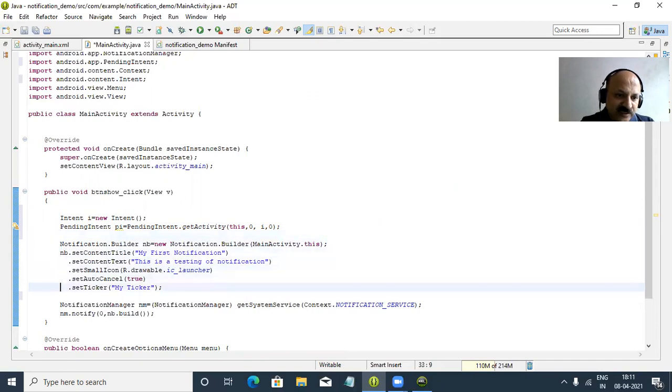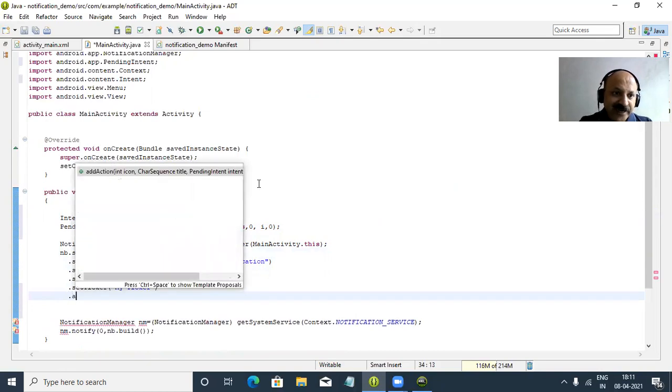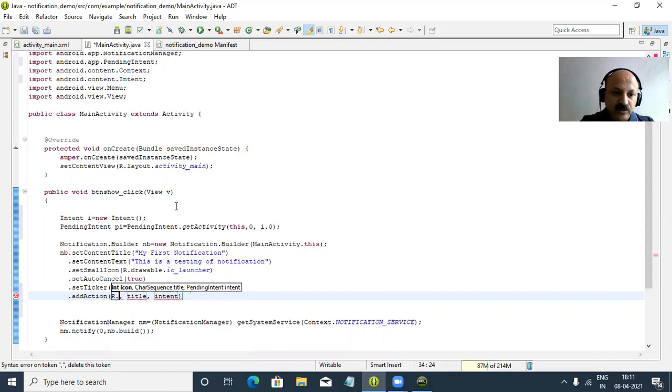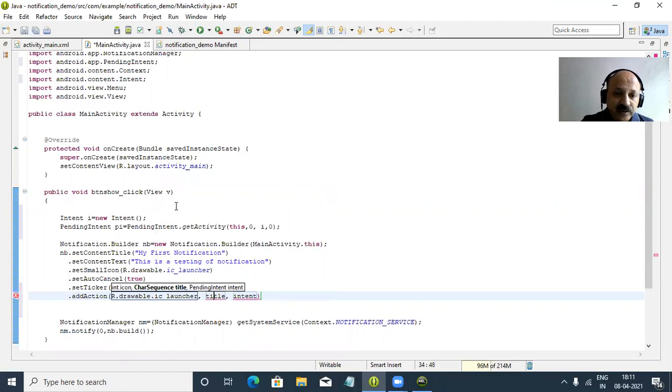And now we require binding up to the action. So I again remove this semicolon and add addAction, that is a method. You can look here addAction, that is optional. Previously I did not bind, now I use addAction, and we can pass the icon. Here I again use the drawable resource, and you can also take a different icon. And the title, I give the title, that is my action one, and then the intent.